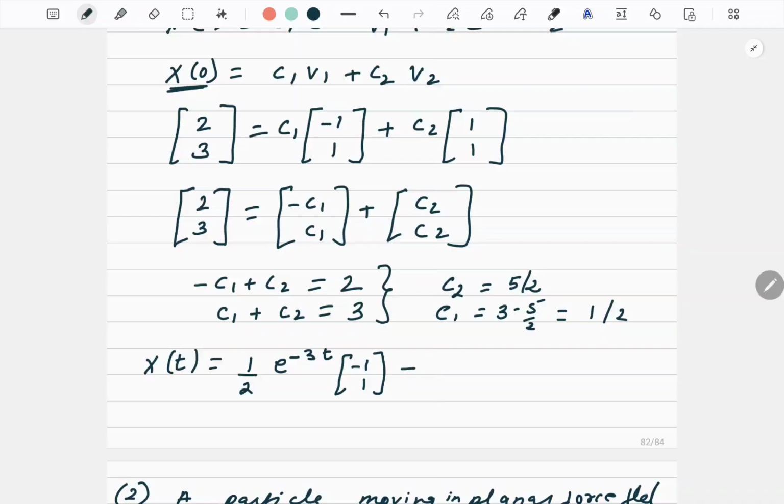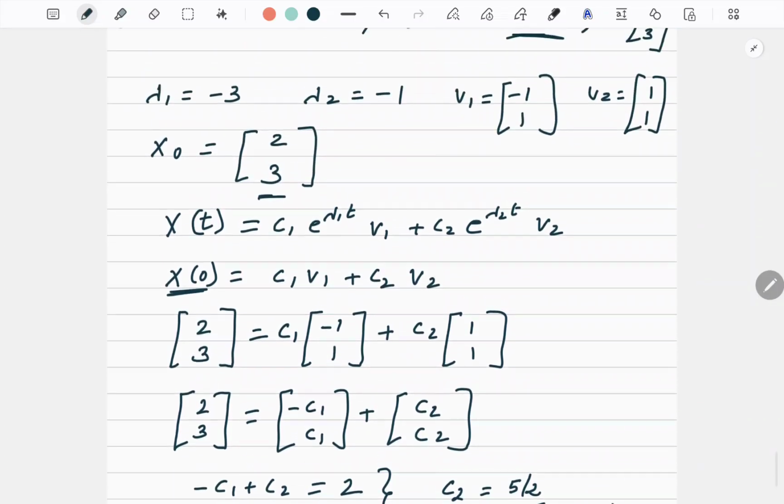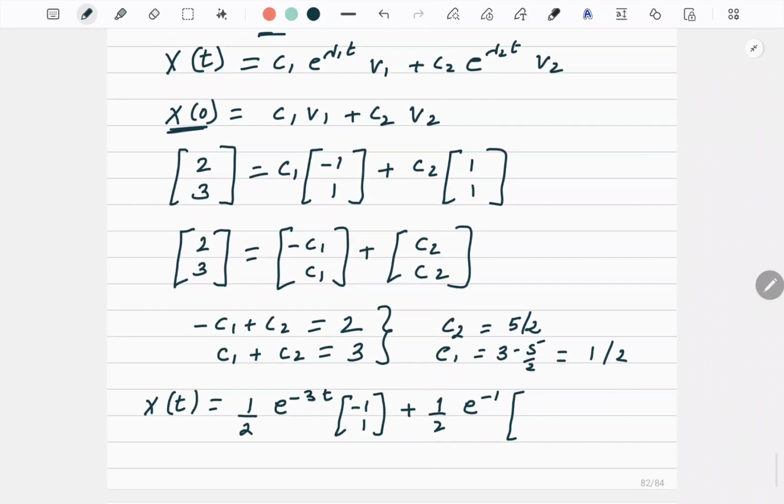Right? Then plus C2. C2 is 1 by 2 e to the power lambda 2 t. Now what is lambda 2 value? Minus 1. So minus t. And what is the other vector? Other vector is 1, 1. So if you want, you can leave this answer like this, or if you want to simplify it, you can